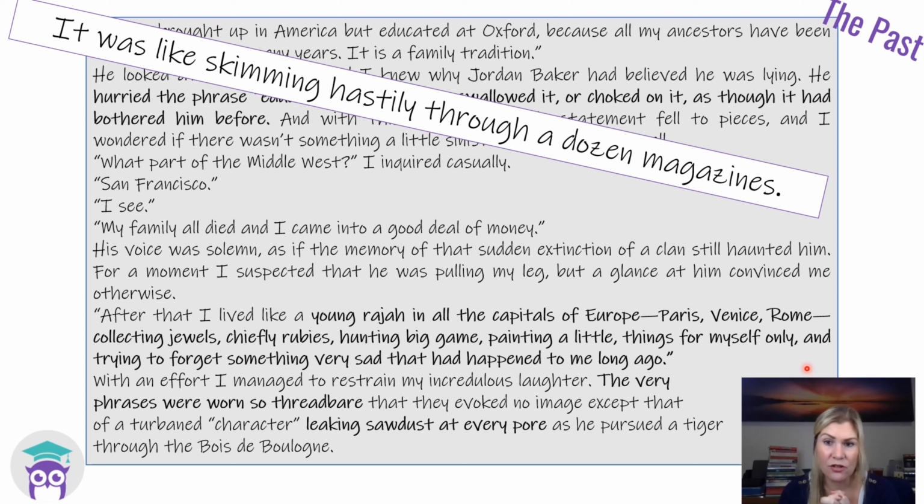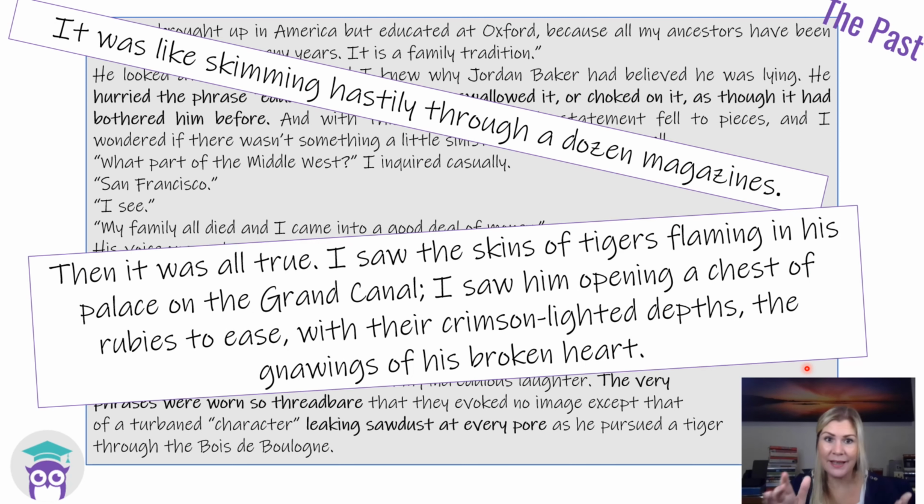But then something shifts, because he gives Nick proof in the form of a photograph of him at Oxford University and his medals from the war. And so suddenly Nick buys into it. He says, "Then it was all true. I saw the skins of tigers flaming in his palace on the Grand Canal. I saw him opening a chest of rubies to ease with their crimson lighted depths the gnawings of his broken heart." Note the anaphoric structure there, repeating, I saw,